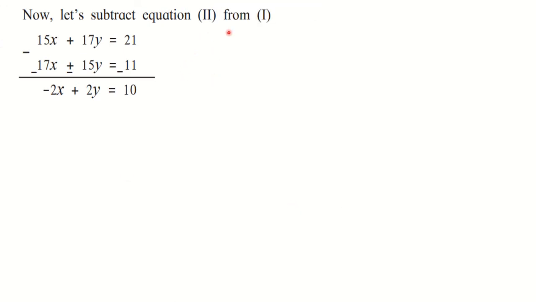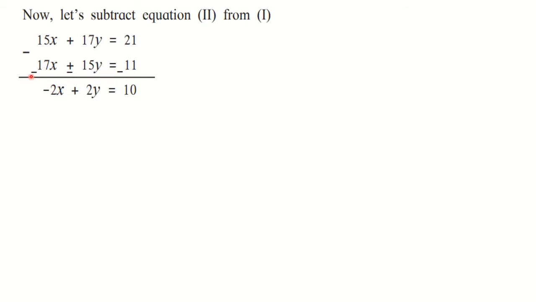Why is it taken as 2 from 1? See, 1 you have to write up and 2 you will write down. So writing this statement correctly is very much important. You cannot write 'let's subtract equation 1 and 2.' No. You have to write in the same format, that is, equation 2 from 1. In that case, equation 1 is going to appear up, with this minus sign for subtraction, and equation 2 is going to appear below. And whenever we subtract, we change the signs of all the terms of the second equation. This is an important step. Don't forget to change the signs.